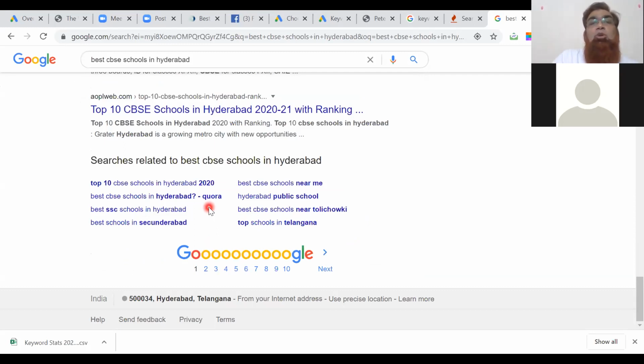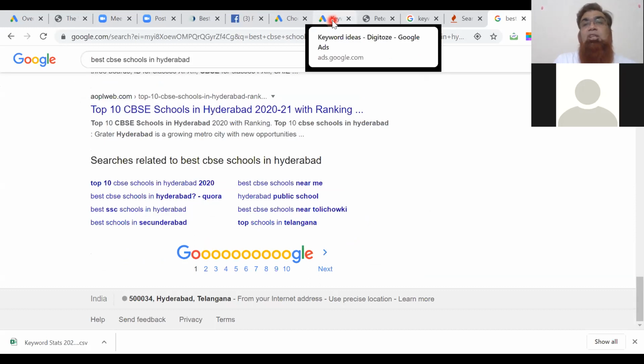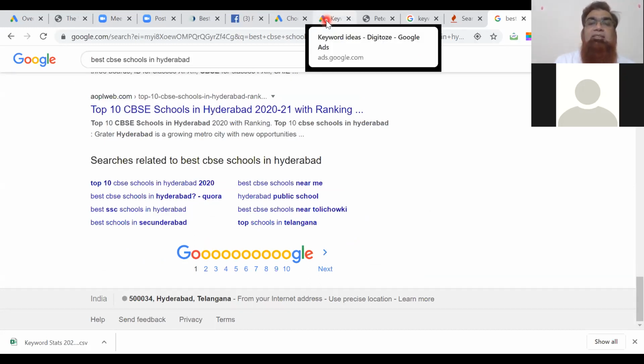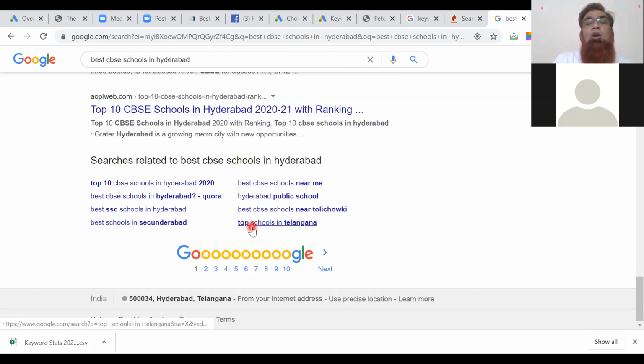One thing is that you can go to Keyword Planner and do these things there. But the advantage with Keyword Planner is you will be able to understand how many times a keyword is searched in a month. This, however, gives you a broad idea of what variations of keywords you can also choose at an initial level. So this is how you can choose keywords for your SEO purpose or for your Google paid campaign. So this is where I'm going to stop and pause on the keyword selection process.